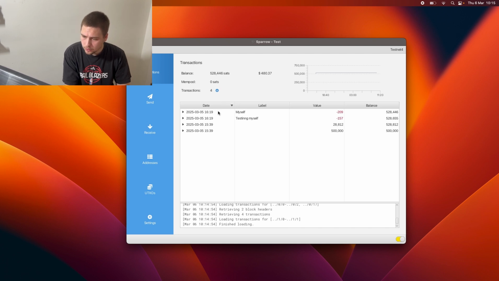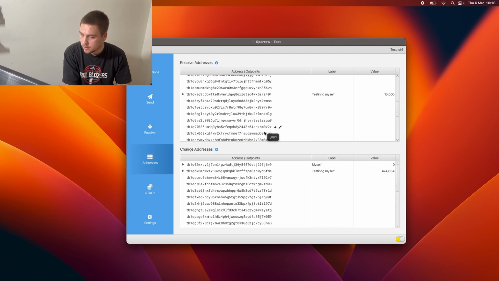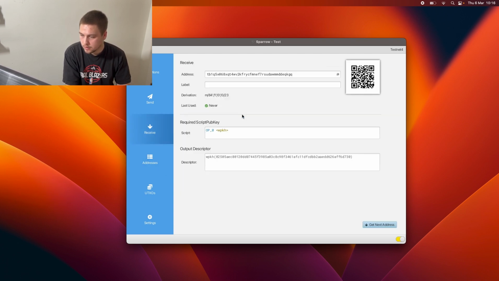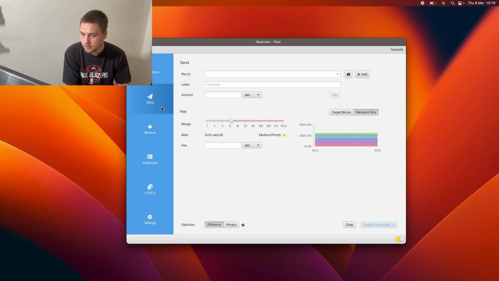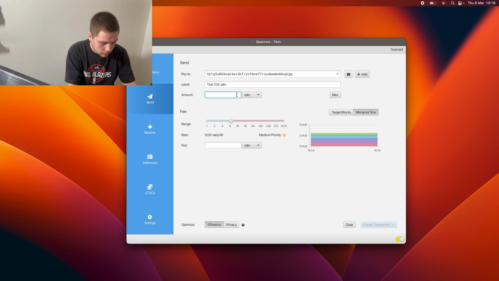So you can see I was playing about with this before, and I'll just show you how to use this. So first of all, to send a transaction, I need a wallet. I'll be using myself, not somebody else, but if you're sending it to your family member or a friend of yours, or if you're buying something, you'll ask them for their wallet address. So now I'll just go here and use one of the addresses that I haven't used before, press copy and just paste it. And it's always good practice to label your transactions just for future,